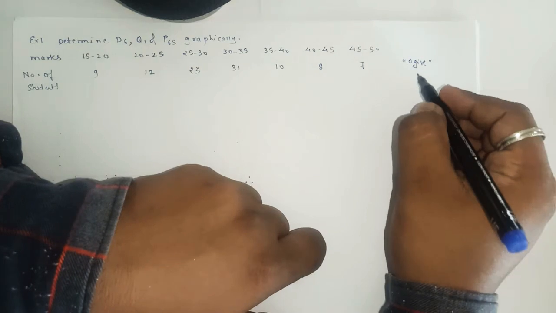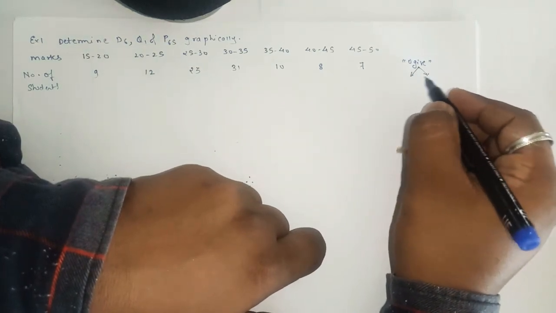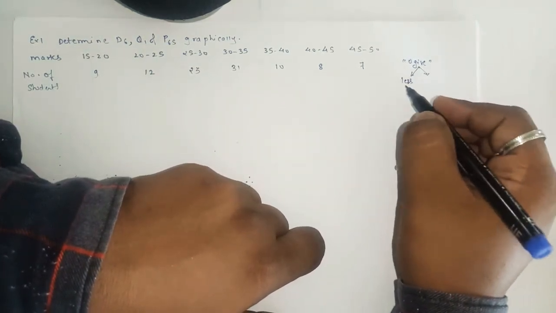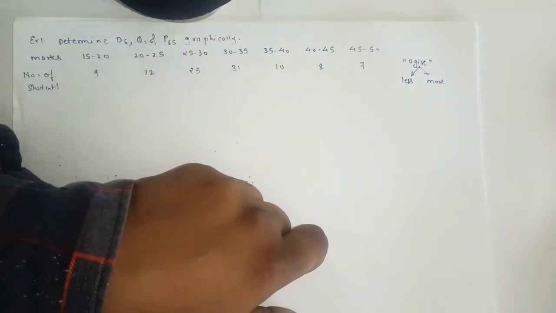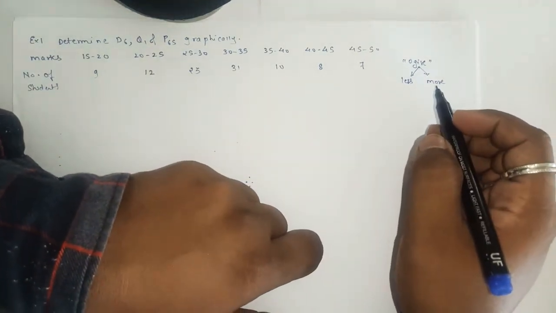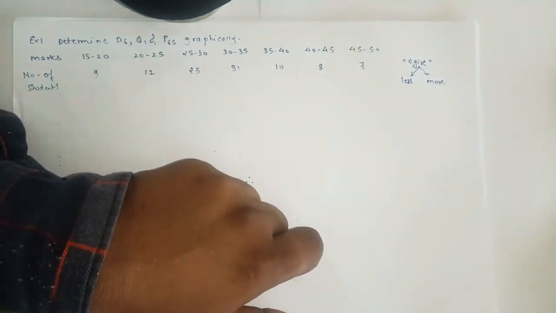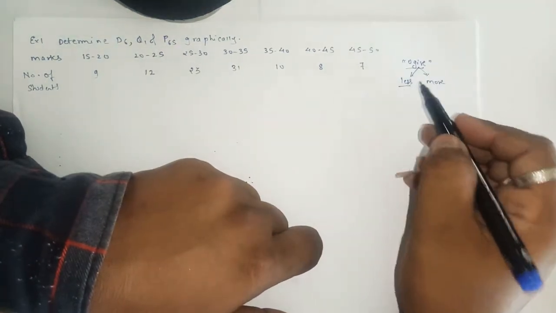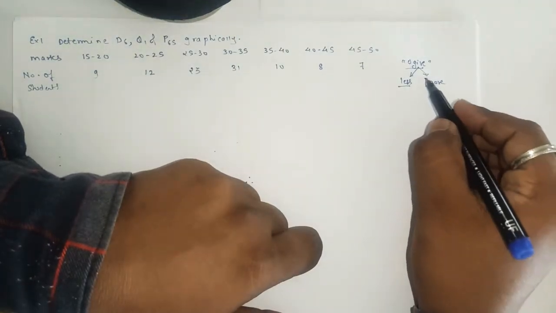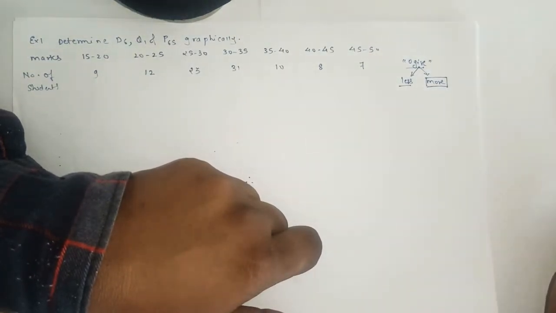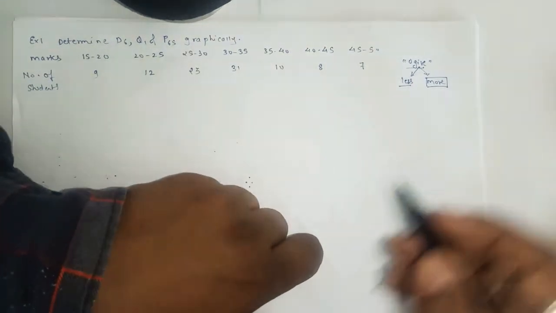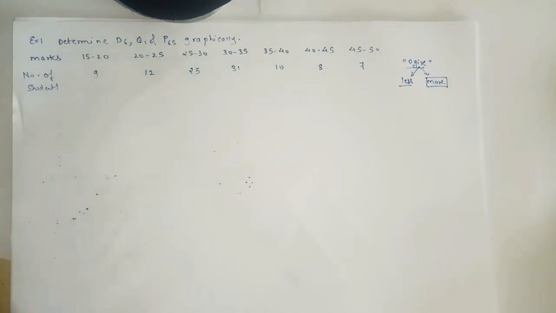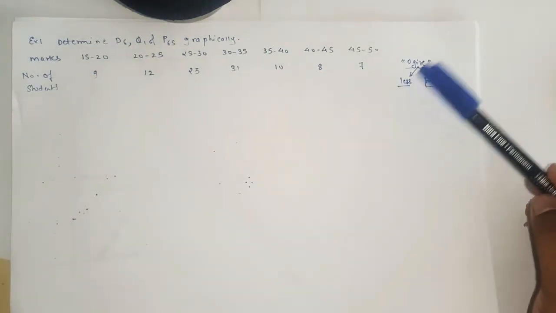In ogive also there are two types of sums. One type is based on less than ogive, and one is based on more than ogive. In your exercise number 1.3, I guess there are 8 to 10 sums, and each and every sum is based on the less than ogive. More than ogive is not in your syllabus. Maybe it will be there in your higher standard, but in 11th standard it is not there. So each and every sum in exercise 1.3 is based on less than ogive.